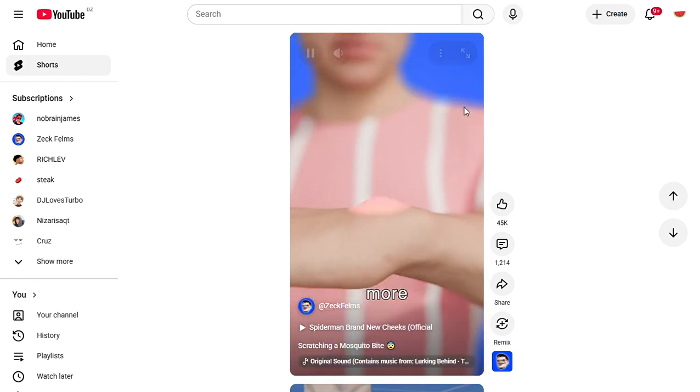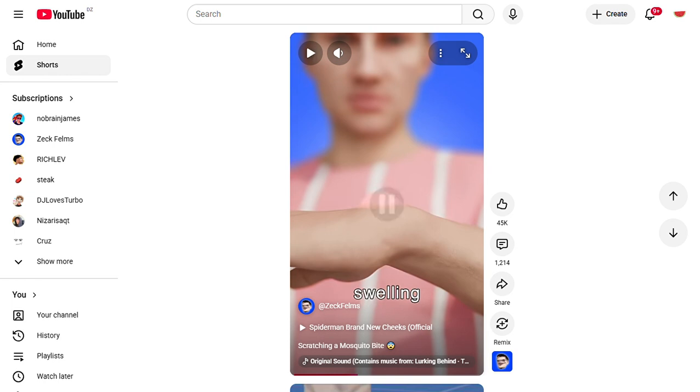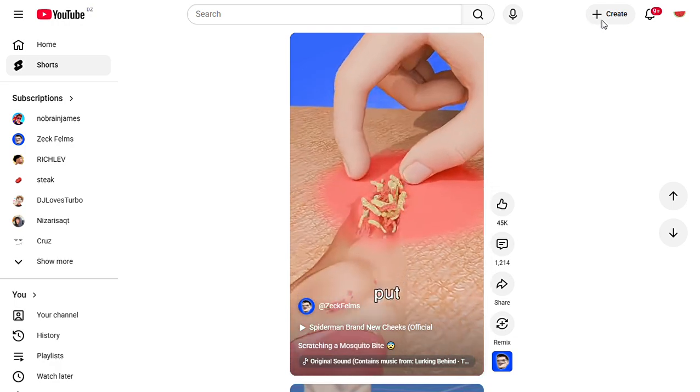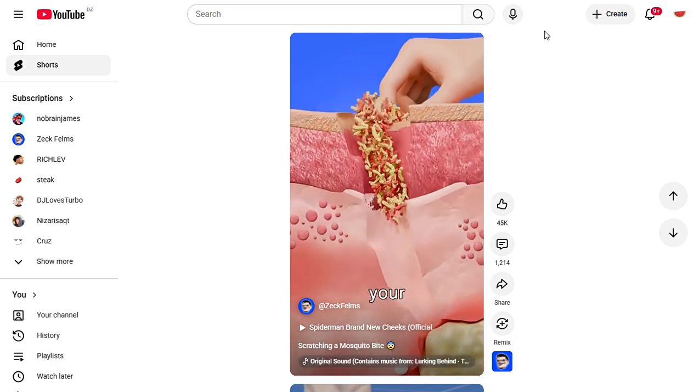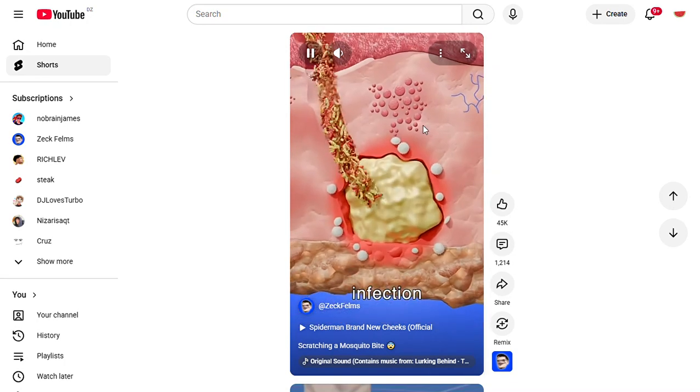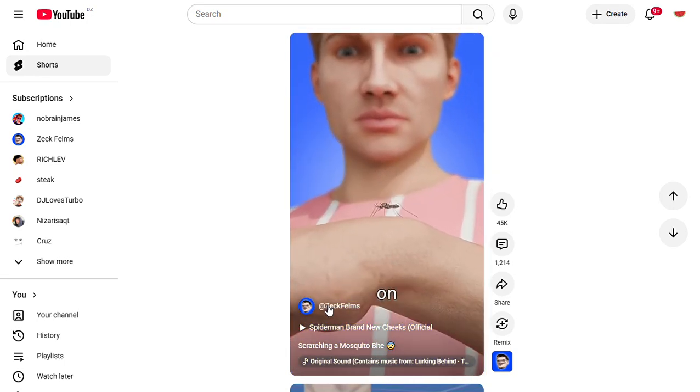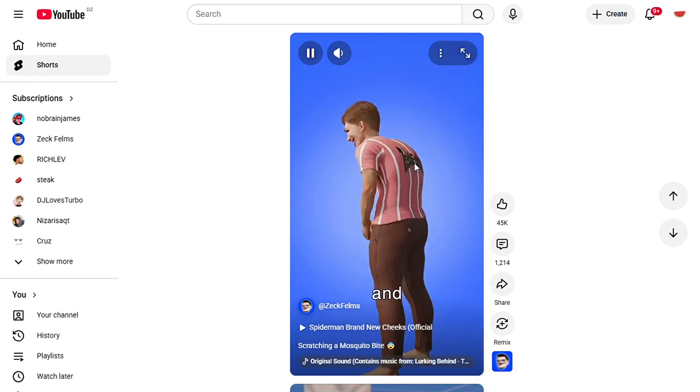around, causing even more swelling. Moreover, you put bacteria into the open wound with your nails, causing serious infection. So next time you see a mosquito on your arm, you can simply take it and...